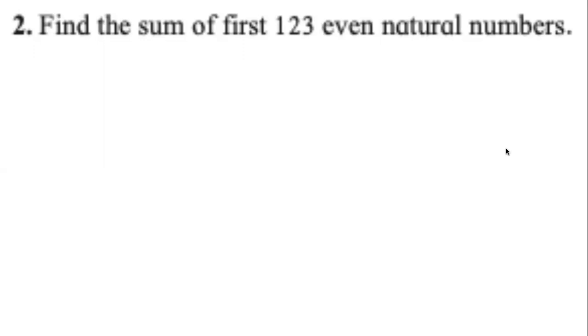Now think what the first step is. We have to convert this English question into maths. Simply speaking, we have to find out what arithmetic progression this is referring to, because in this chapter we are studying arithmetic progression, and here in this question we are not able to see any arithmetic progression at all. So who can tell me what natural numbers are? Give me some examples of natural numbers.